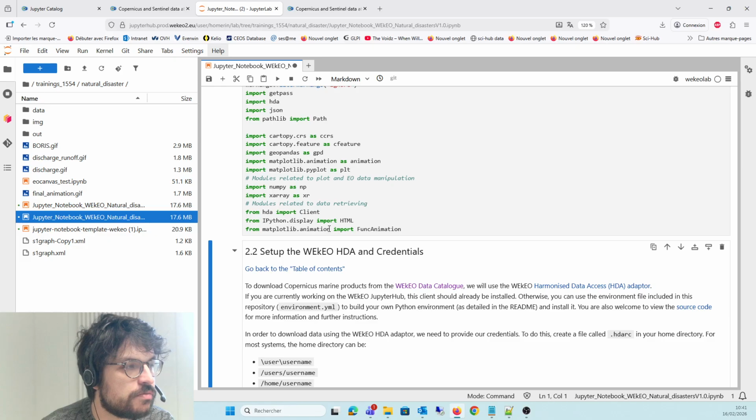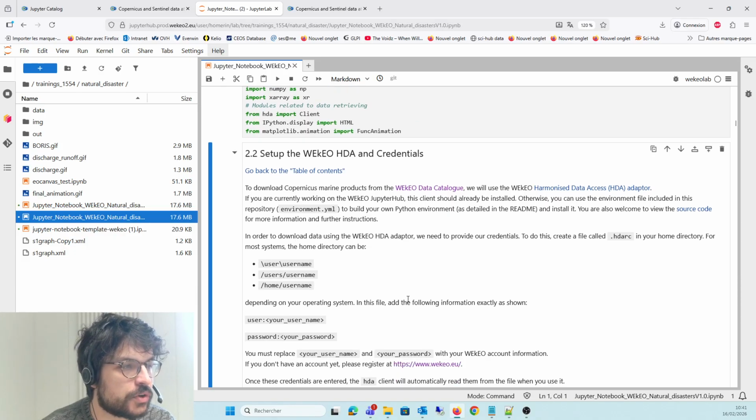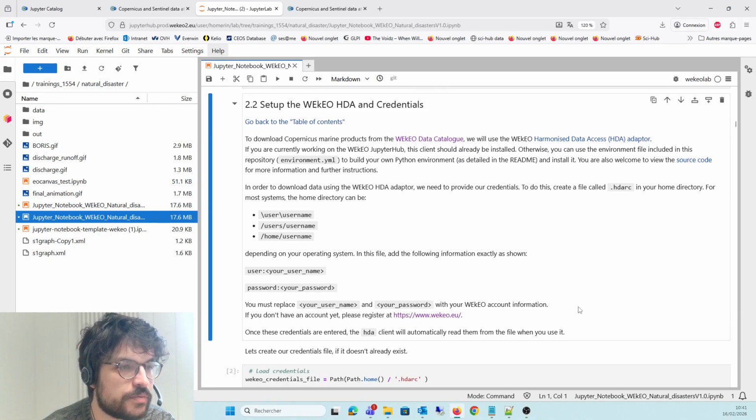Now I will do a little section about the WEkEO Harmonized Data Access API, which is a tool that enables us to retrieve data within the notebook. So from this notebook, we can access any product from the WEkEO data catalog using the Harmonized Data Access adapter.